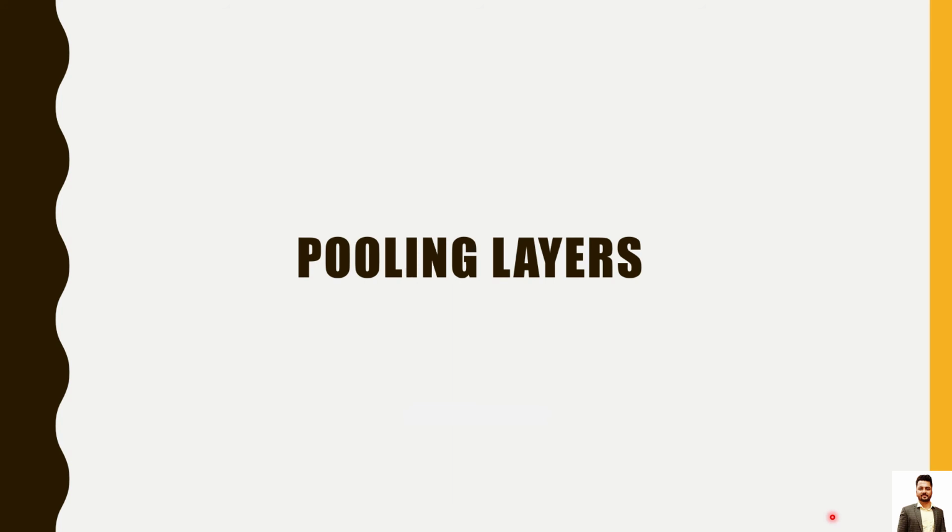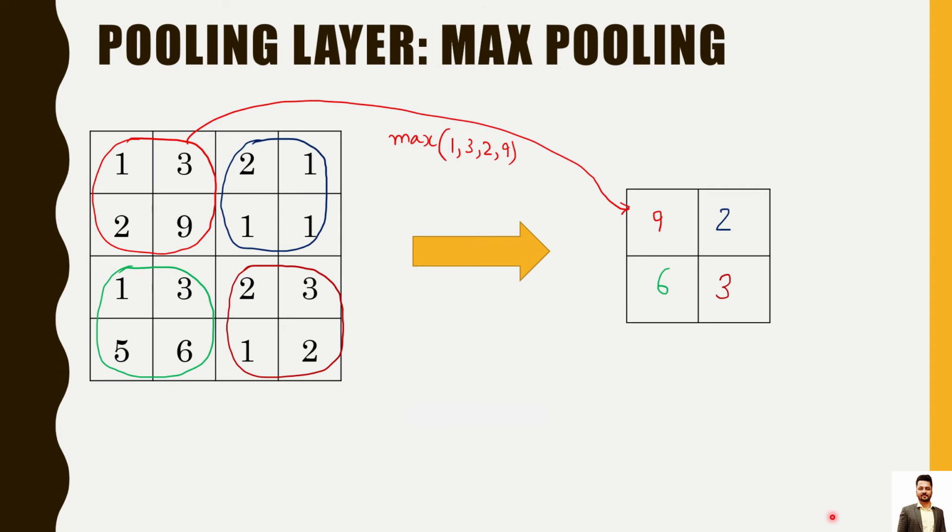Now the pooling layers. What is pooling and how does it help? What are the different types we will be seeing? Let's talk about max pooling first. If you have an image of 4 cross 4 with these values of 1321, 2911, all of these things, and you are trying to do max pooling, you have to get the maximum value out of the filter. Let's say your filter size was 2 cross 2. So if the 2 cross 2 filter is applied on this 1329, the maximum value out of this is 9. So 9 is passed as the max pooling value after applying the pooling with the stride of 2.